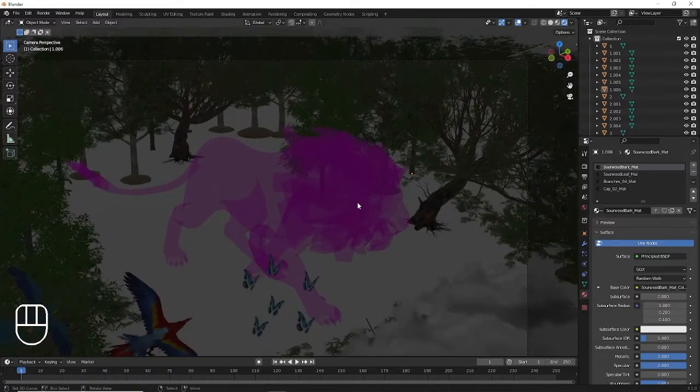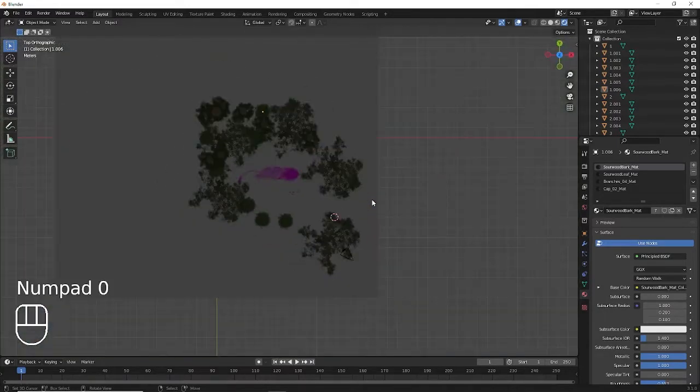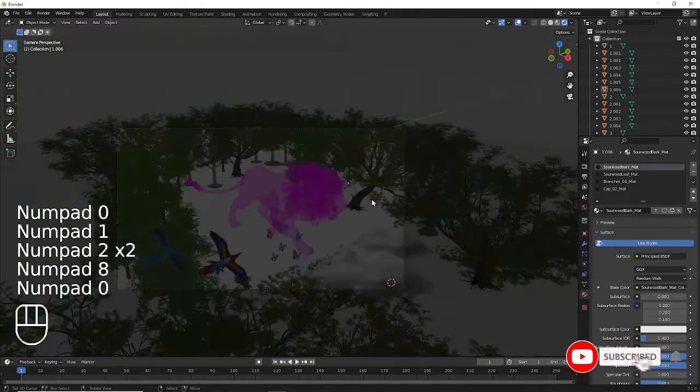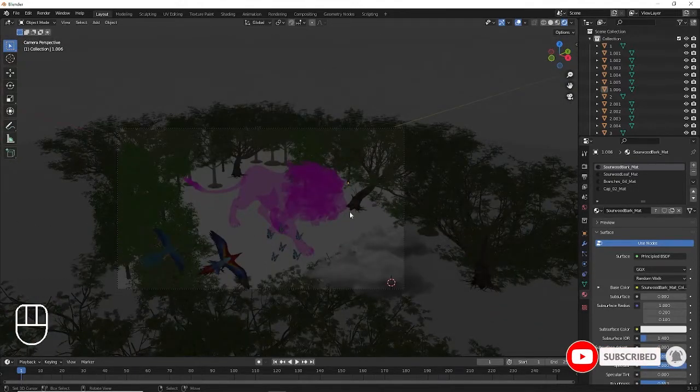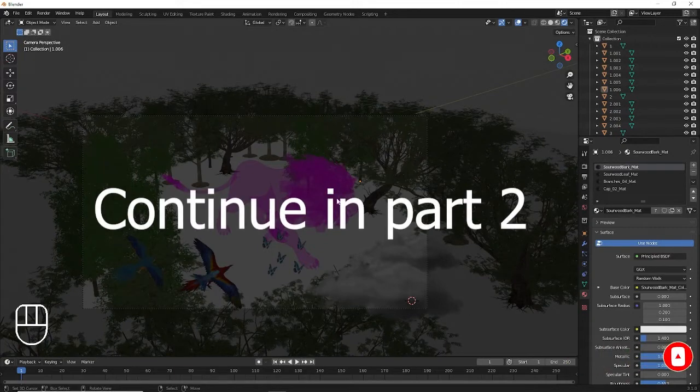So the line is pink. No need to worry about that. So the setup part has been completed. So in our next chapter, we'll learn how to add materials